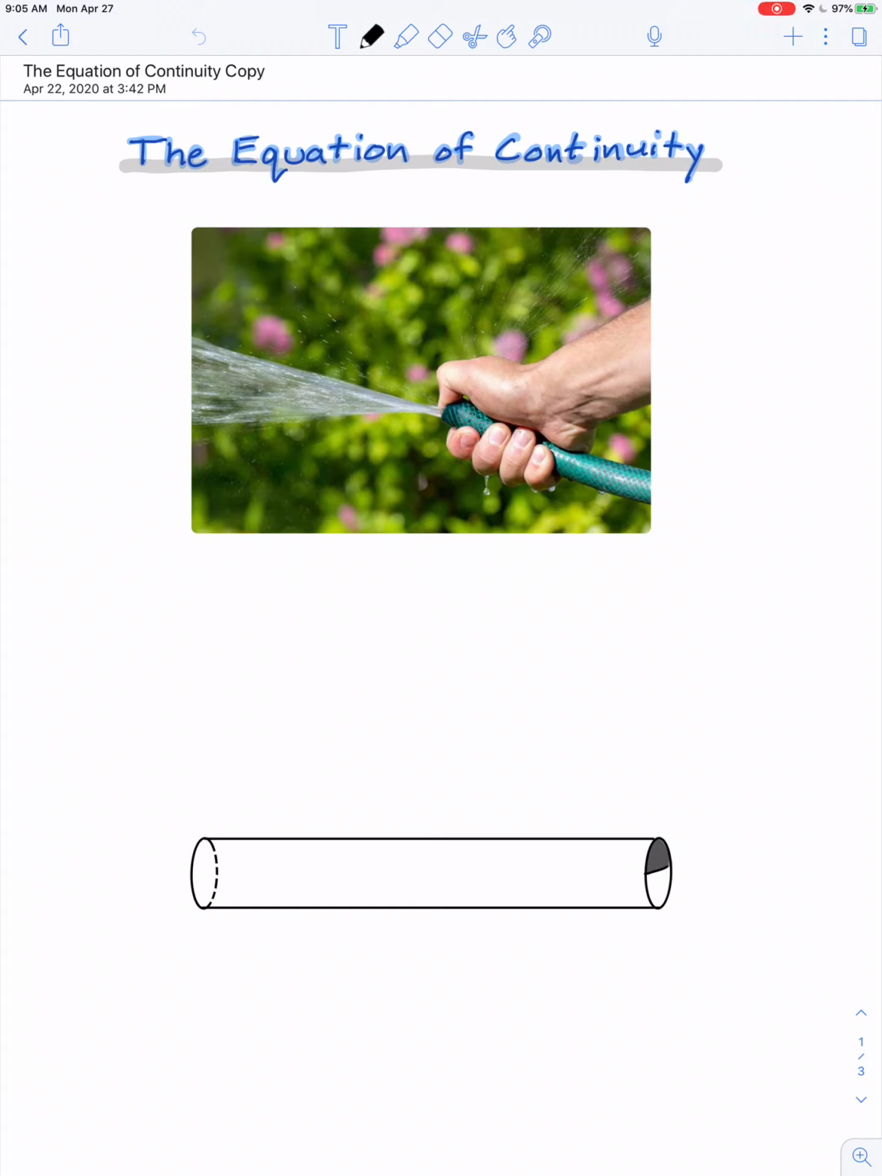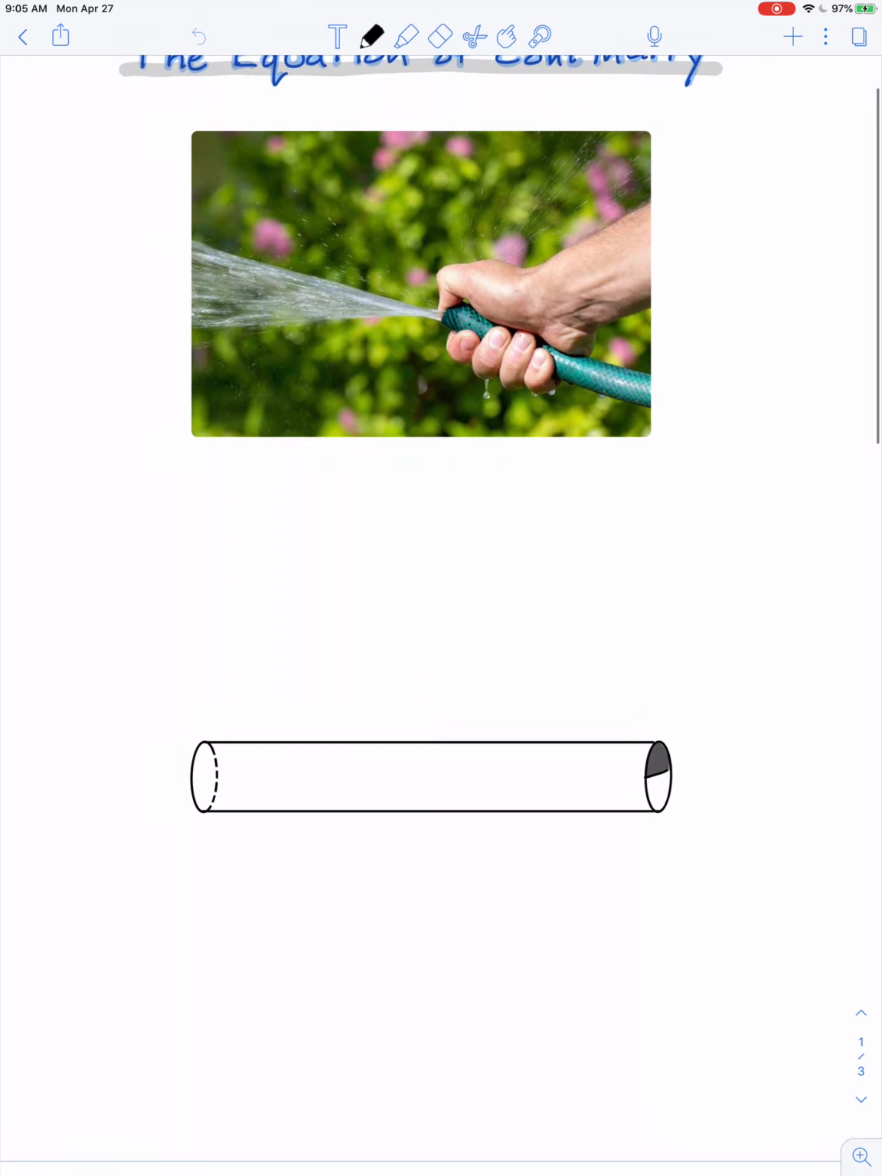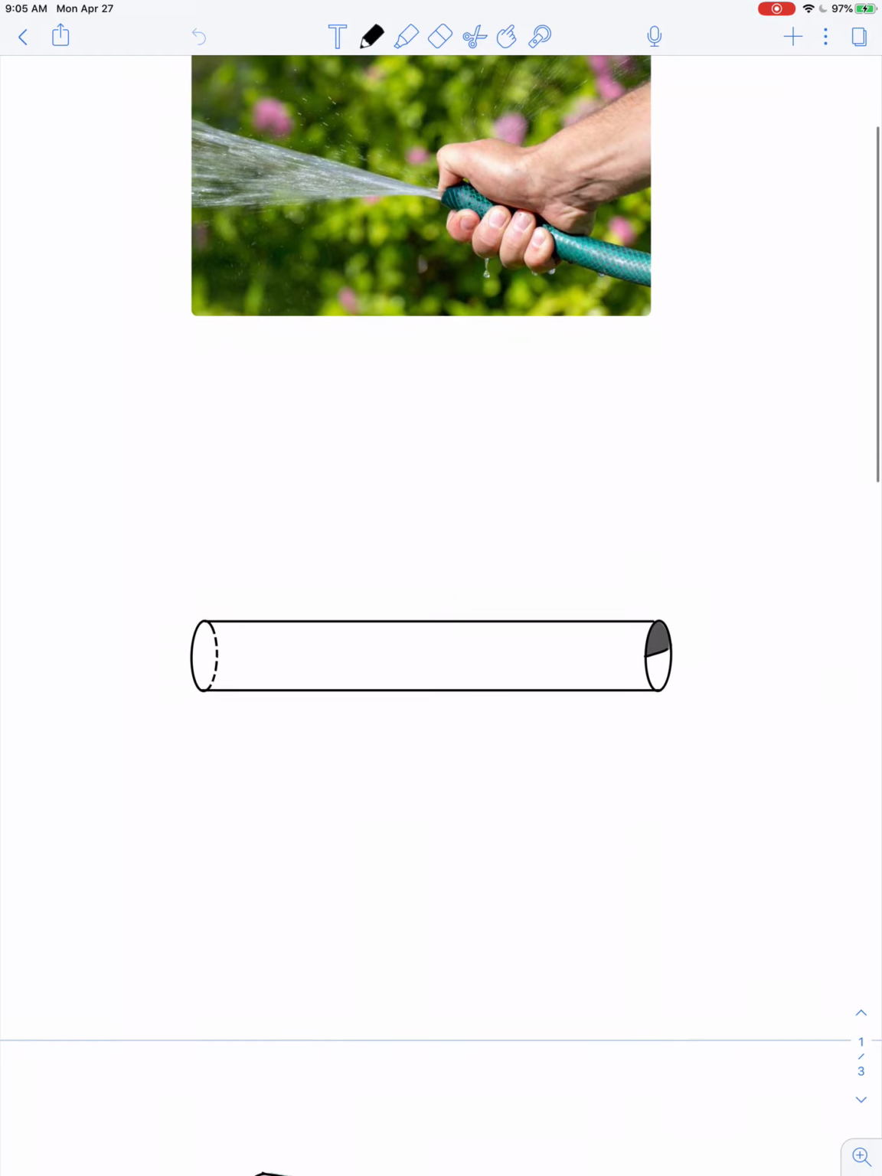If you've ever put your thumb over the end of a garden hose to make the water come out faster, then you're familiar with something known as the equation of continuity. The equation of continuity has to do with the idea that the flow rate remains constant as the water comes out of the hose. So flow rate